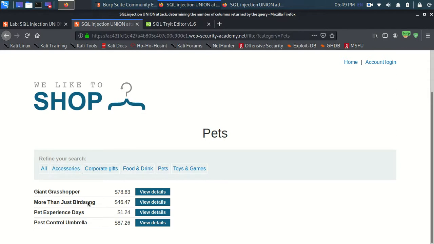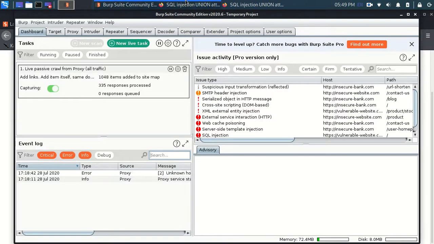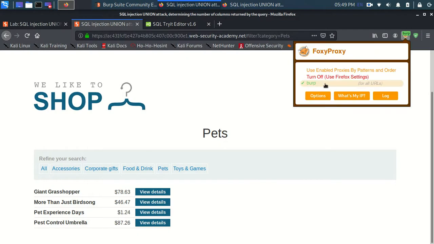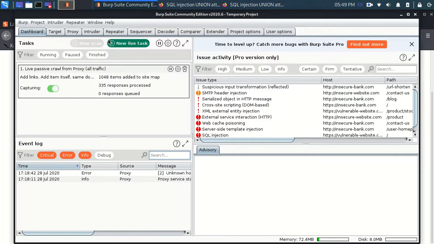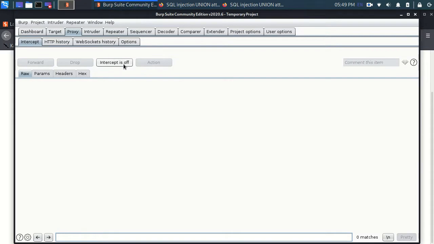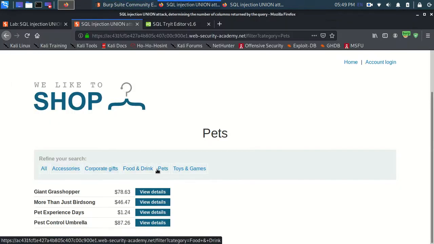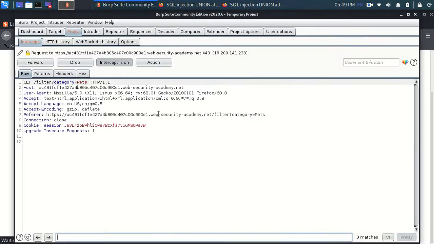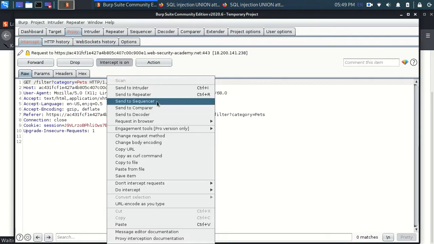Okay, so now let's open Burp Suite and let me configure the proxy. That is done, and in the proxy tab let me turn the intercept on and let me again select pets. So this is the request which is going, and let me send this to the repeater and turn intercept off.